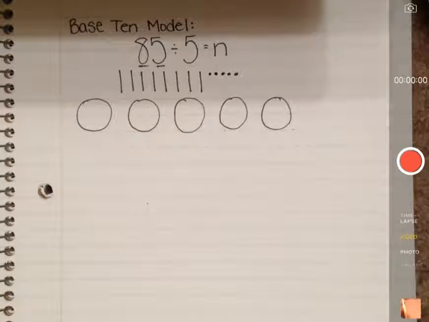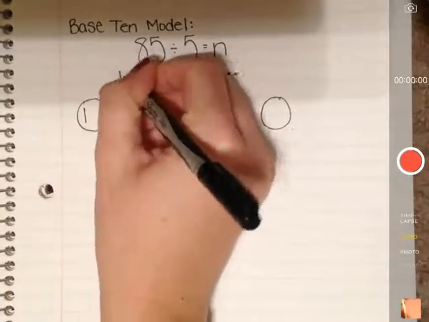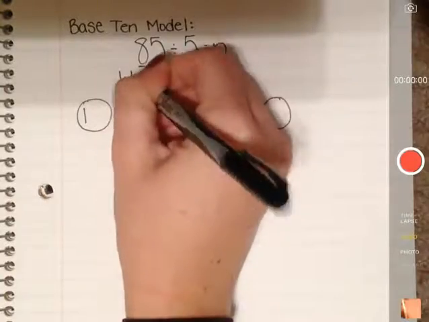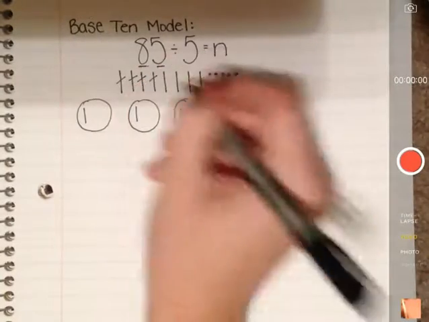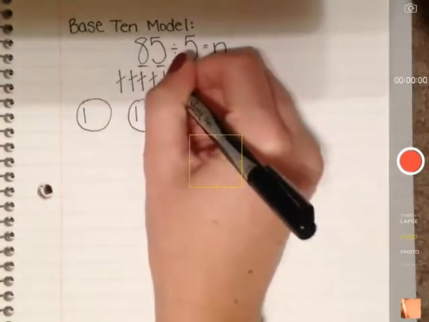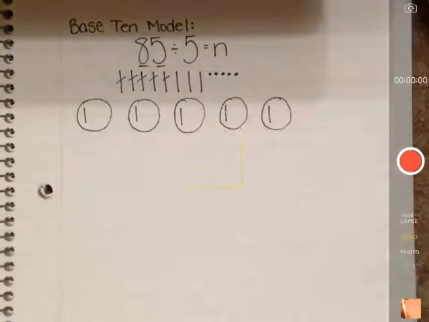I now need to split that 85 equally into 5 groups. I can see that I have enough 10 sticks to place at least one 10 stick in each of my 5 groups. So I'm going to go ahead and distribute my 10 sticks to my 5 groups. Notice that as I distribute my 10 sticks, I'm marking them off so that I know what I have already distributed. All right, so I was able to distribute 5 10 sticks to my groups, and I have 3 10